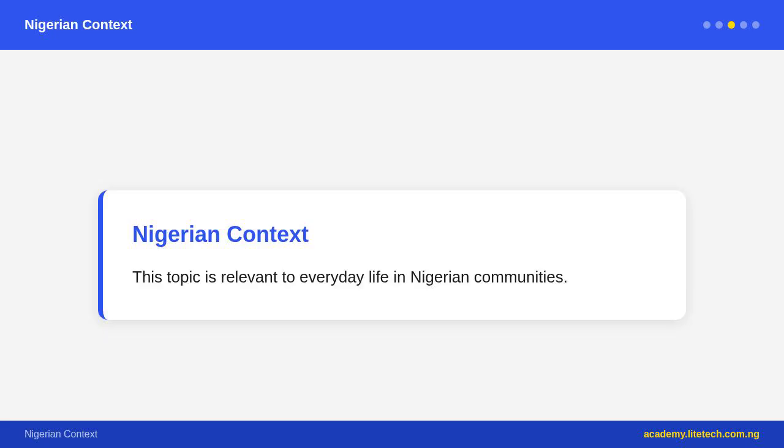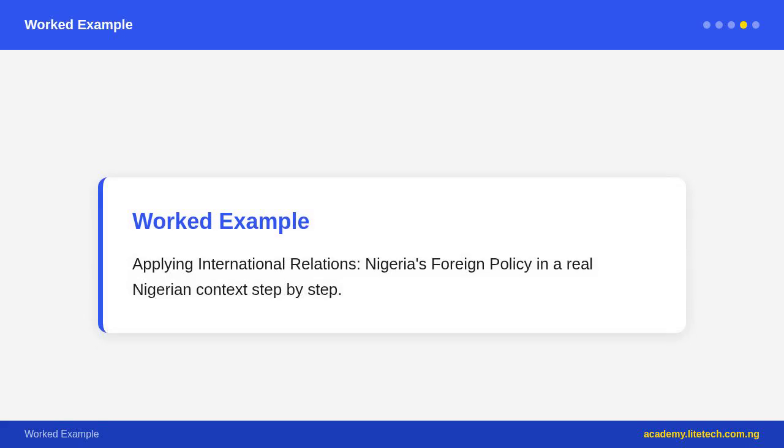Jonathan, 2010–2015: active in ECOWAS mediation, targeted Joseph Kony and the LRA, negotiated Chibok girls release efforts, host of the 2014 World Economic Forum Africa. Buhari, 2015–2023: focused on security, fighting Boko Haram with Lake Chad Basin Commission cooperation, anti-corruption, returned Nigerian funds from Switzerland, reintegrated with the global community. Tinubu, 2023–present: champions democratic governance against coups in the Sahel, led ECOWAS in the Niger coup response, 2023, maintained sanctions against the Niger junta.